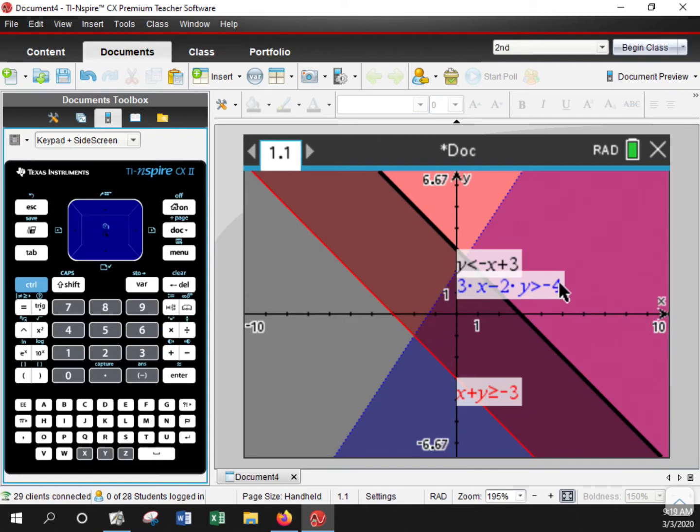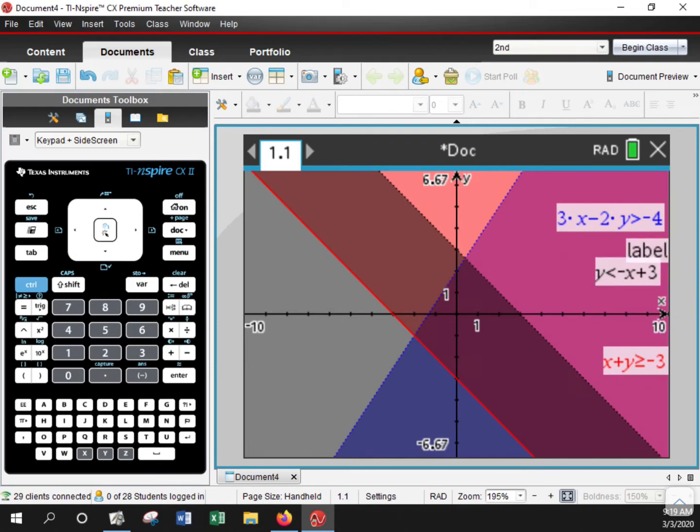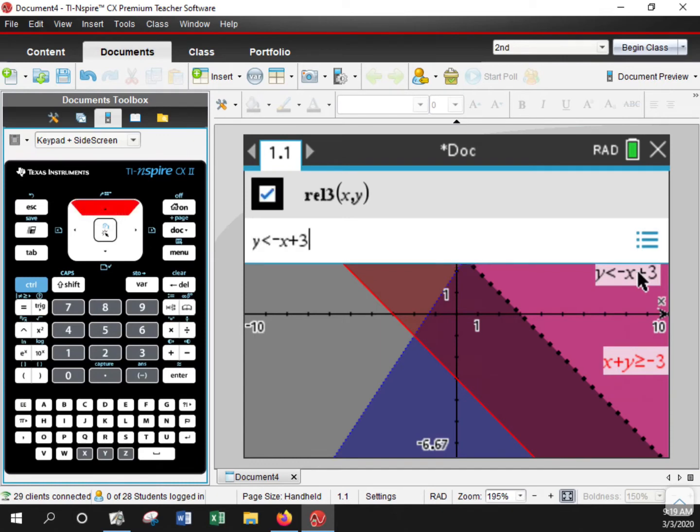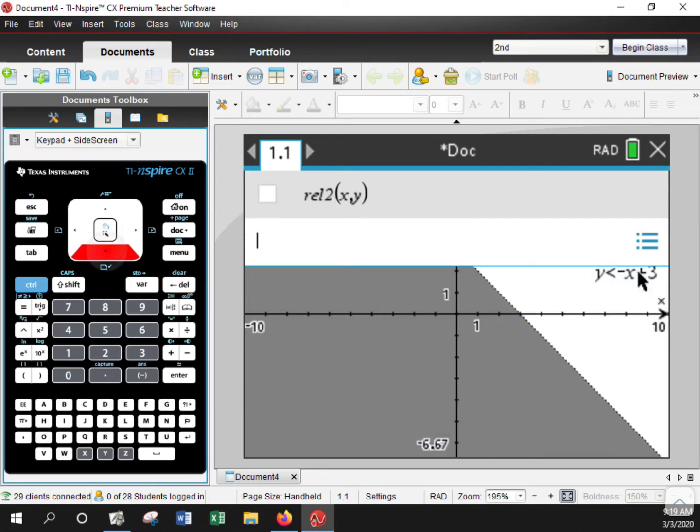If I want to move these, I can hover over it and hold down, and I can move these out of the way if I need to. But it's always a good idea to go up and delete these previous ones, because then it cleans up your window. I can keep hitting down, and it'll give me different colors,